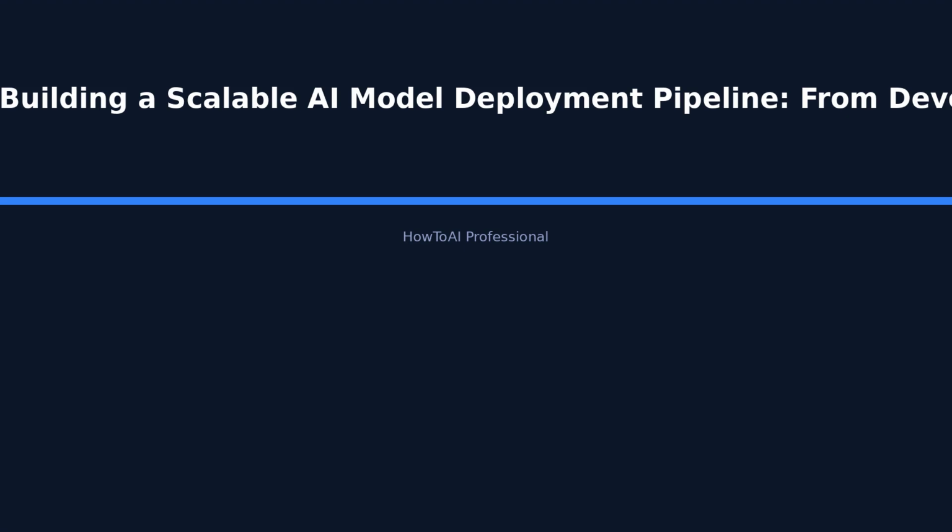Step 1: Establishing infrastructure. The first step in building a scalable AI model deployment pipeline is to establish the necessary infrastructure. This typically involves cloud services, on-premises systems, or a hybrid approach. Public cloud platforms like AWS, Google Cloud, and Azure offer scalable computing resources that you can configure to fit your needs. They provide services like container orchestration with Kubernetes, serverless computing options, and managed databases that are essential for running